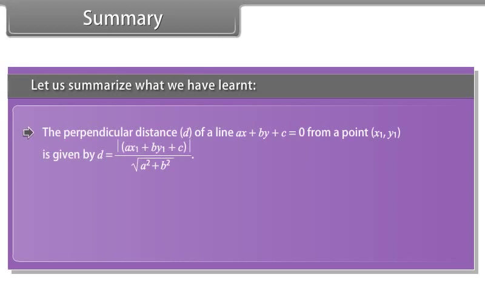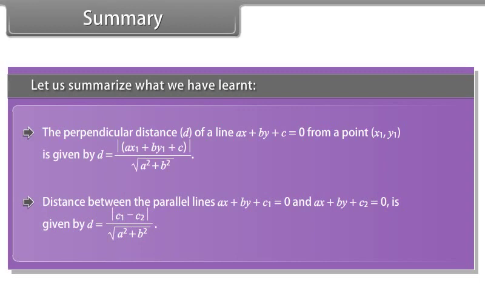The perpendicular distance d of a line ax + by + c = 0 from a point (x1, y1) is given by the distance formula. The distance between the parallel lines ax + by + c1 = 0 and ax + by + c2 = 0 is given by